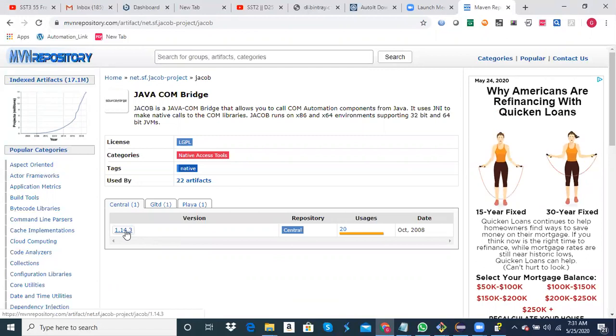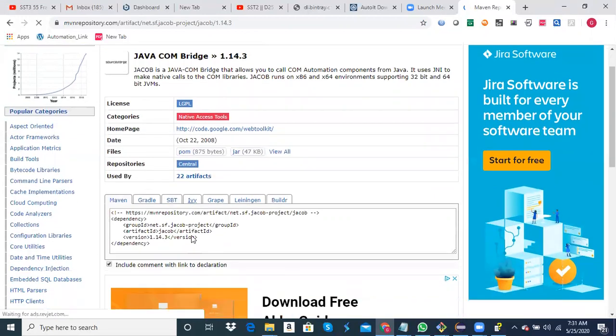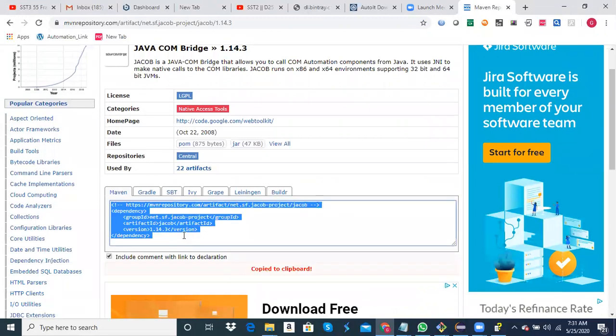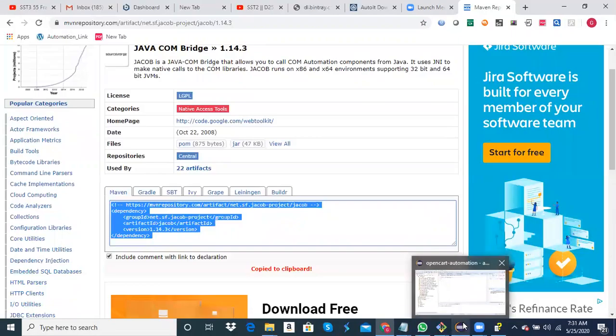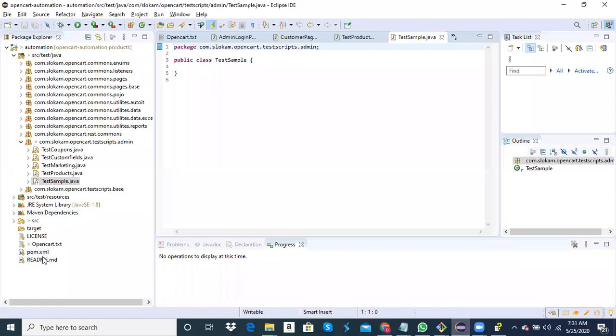There is a latest version also available, but if you are using Maven, this is the one, and you put that into the project. You will have pom.xml.